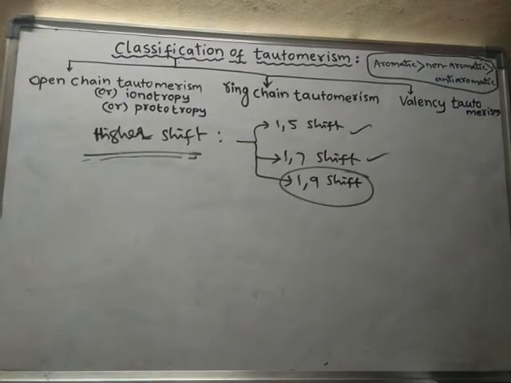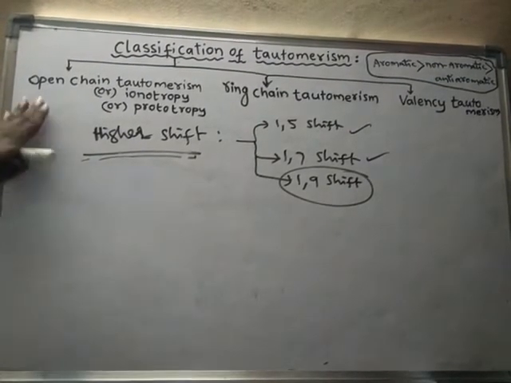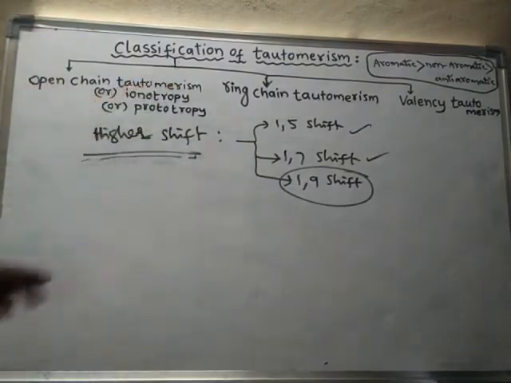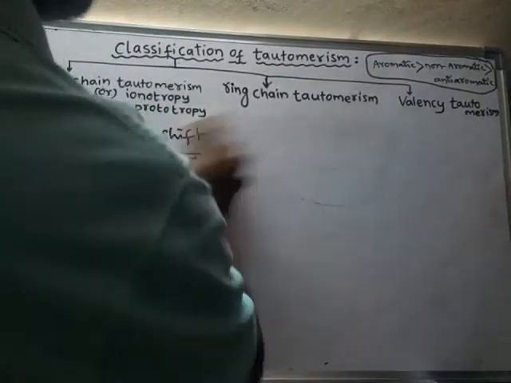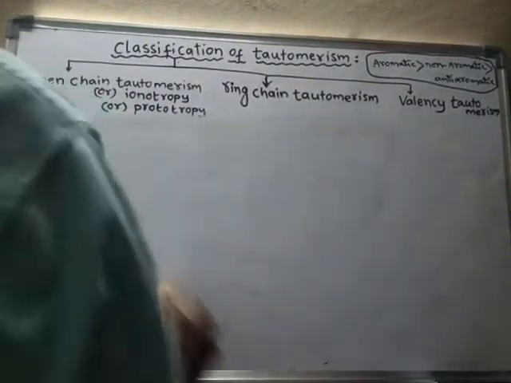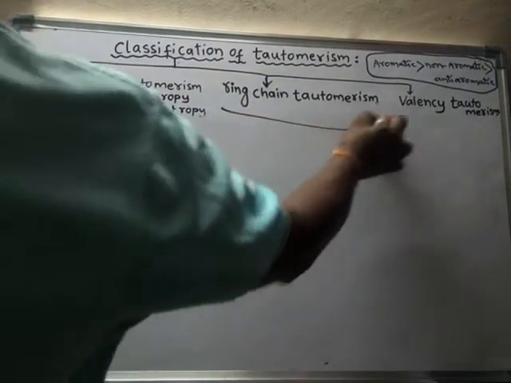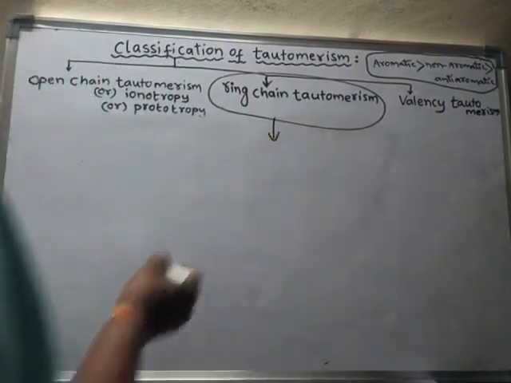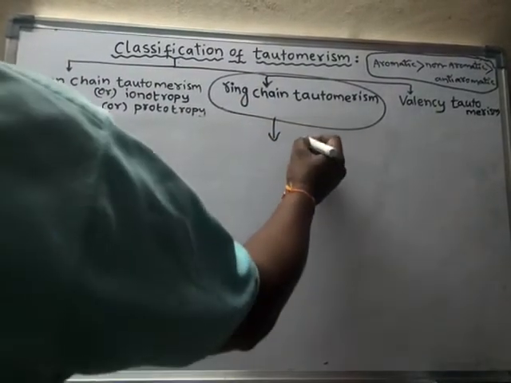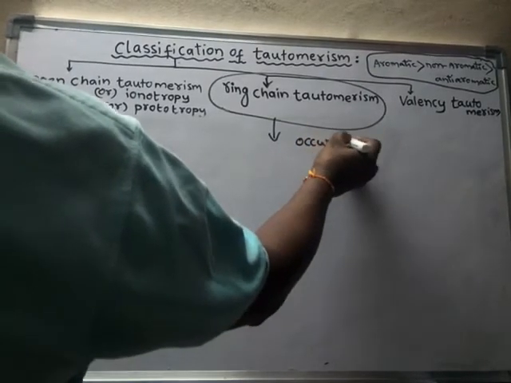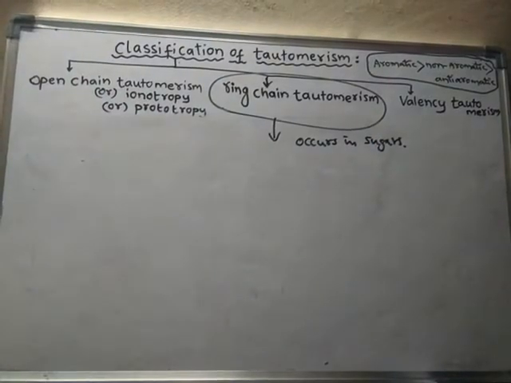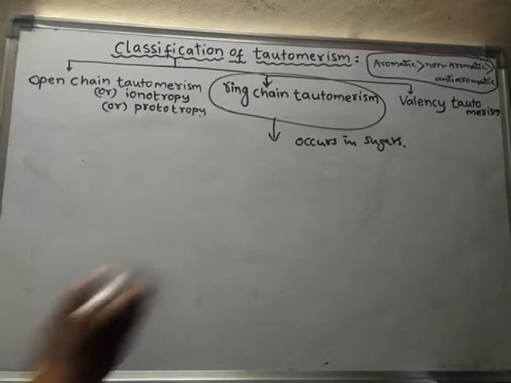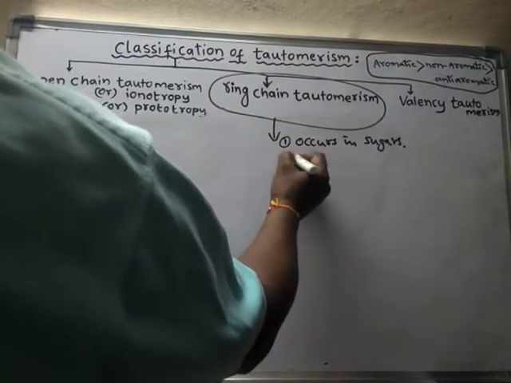Okay, right. Now we will learn. So these are some of the examples of open chain tautomerism. Now we will learn ring chain tautomerism. What is ring chain tautomerism? See, generally this ring chain tautomerism occurs in sugars. So actually here the double bond